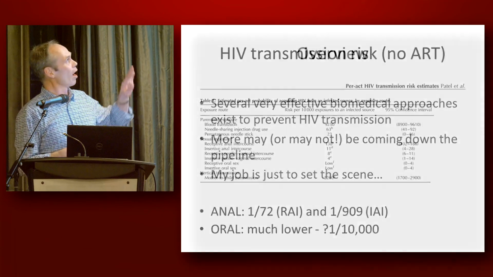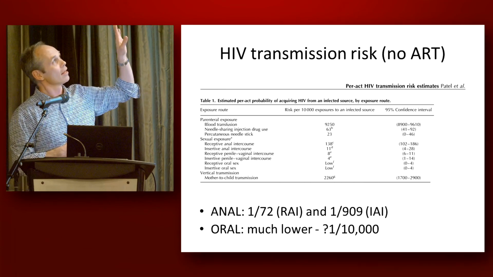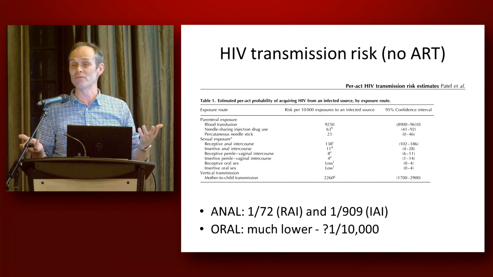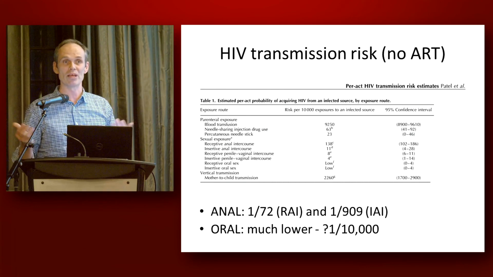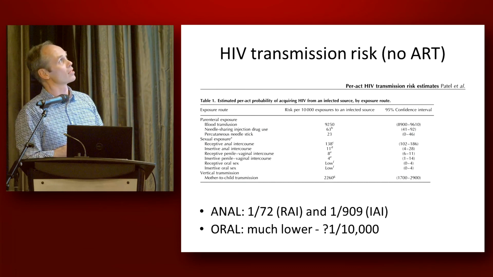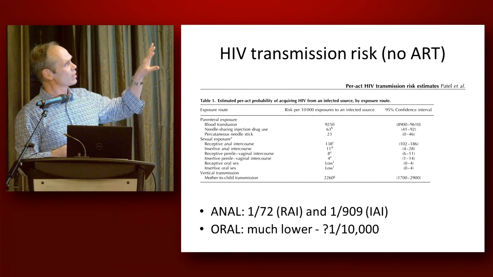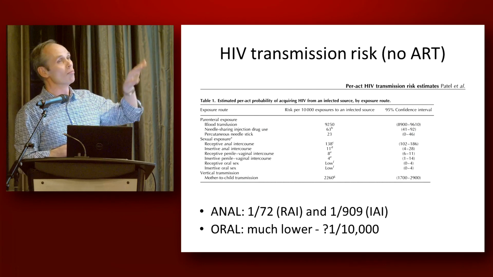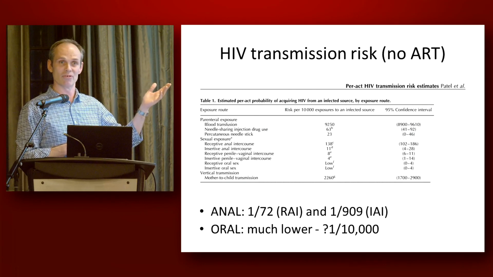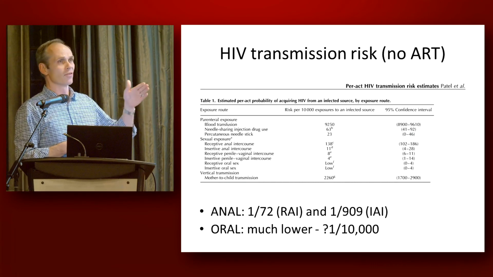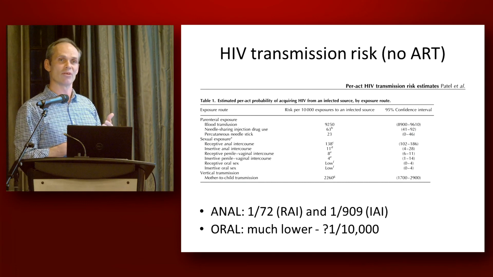So I always like starting off with something that says, in the absence of any treatment, in the absence perhaps of not even knowing whether I'm living with HIV or not, what is the transmission risk in terms of sexual contact. And really, I just put this up because it's important to remember that most HIV exposures don't result in transmission, no matter what we're talking about. I think that the different places that we can get exposed to HIV when we're talking about sexual transmission is what dictates whether transmission happens or not.